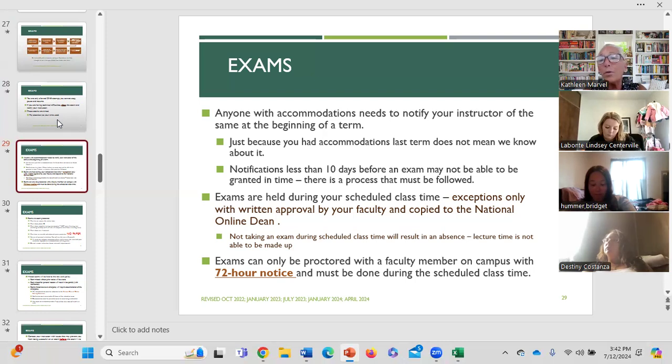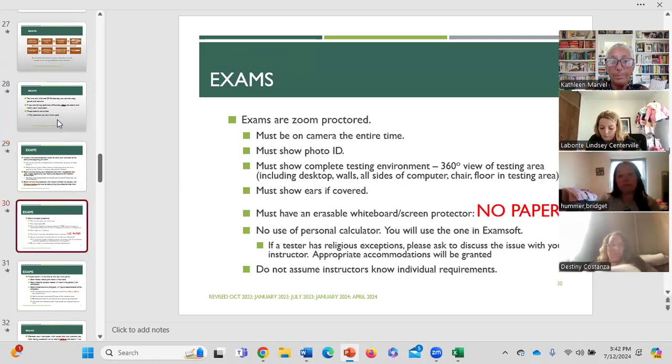And if there's a group of you taking the exam on campus with the same proctor, I need to hear from every student. There has to be documentation from every student that's going to be taking the exam on campus. Okay, so you can't email me and say 10 of us are taking the exam with so-and-so. I need to hear from all 10 students.